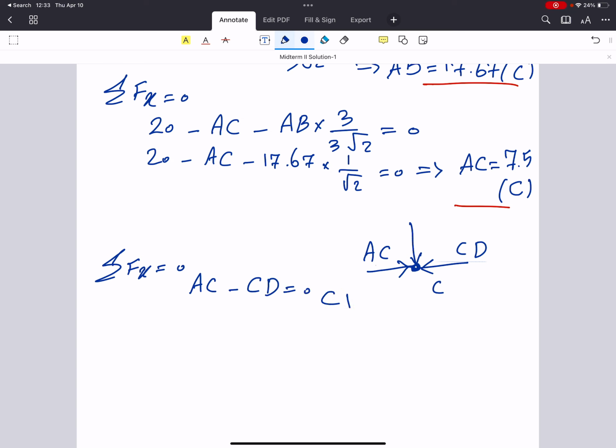My CD is compressive force, and this was B. See, Fy equals 0, it means BC is the only force, so